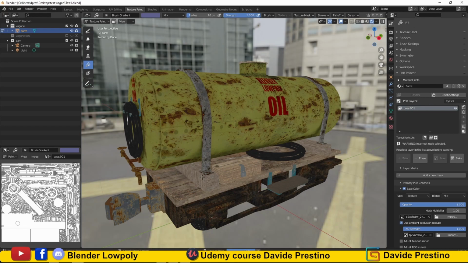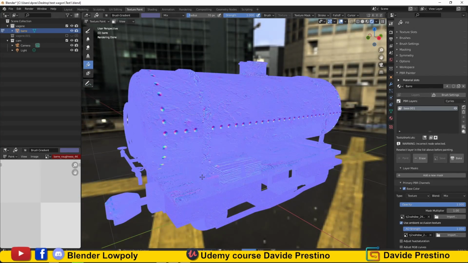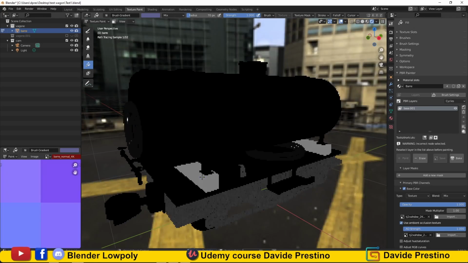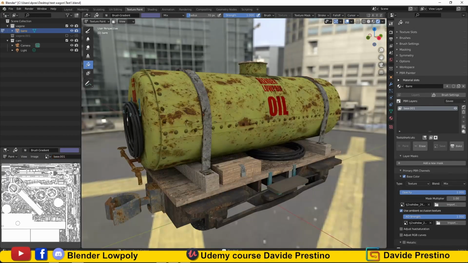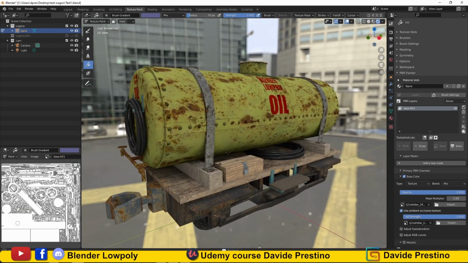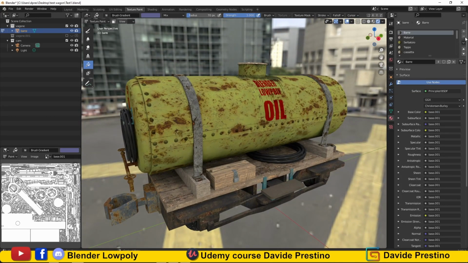Taking care of also mixing the derived channels, such as normal map, ambient occlusion, roughness and all those we had activated at the beginning of our project. Now from the mesh we can delete all the previous materials.